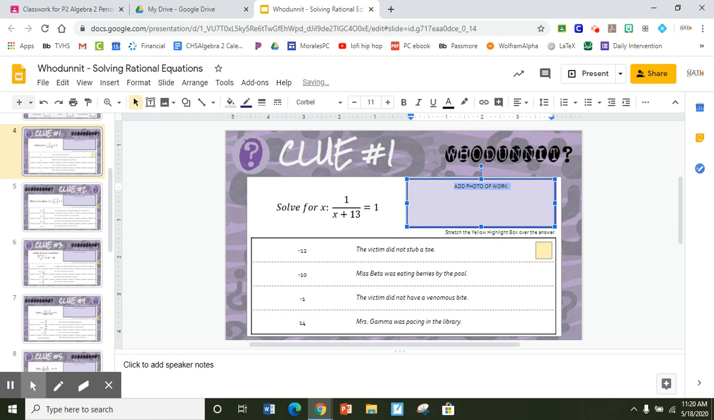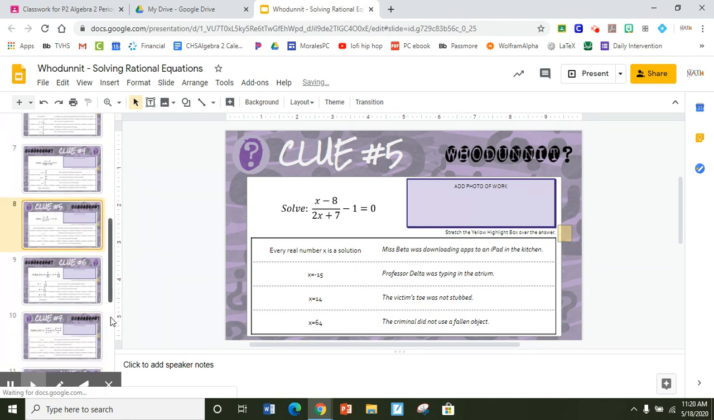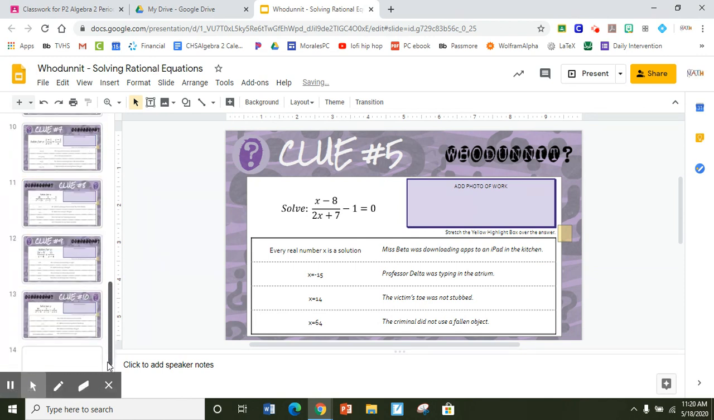Let me see if I can just get to the last slide and show you where you're going to type your answer after you check off different clues and things like that. So you go all the way down here. After all 10 clues and you're starting to narrow down who it is not, what they did not do, where their last whereabouts were not,